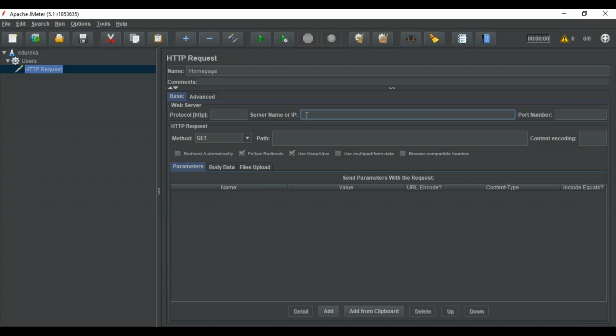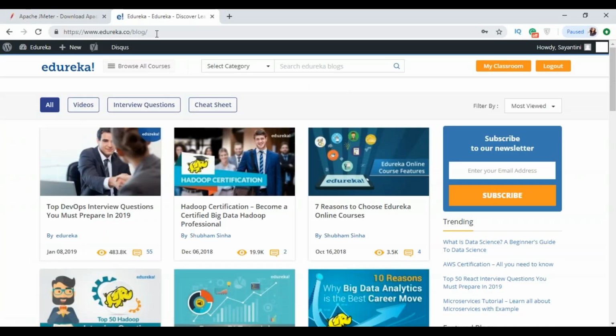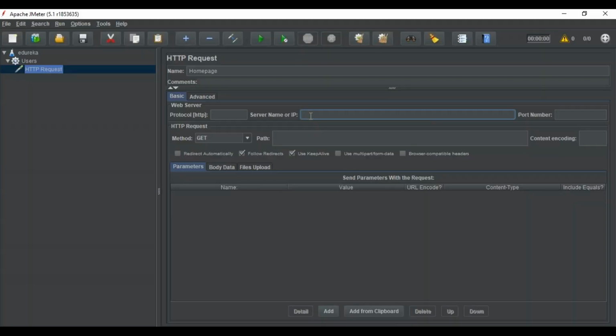So here we are giving the server of the website that we are going to perform the testing on. So let me take the Edureka blog website. So this is our Edureka blog page on which I'm going to perform the testing. So let me copy the URL here. So in the server name or IP, I'm going to paste the URL. But you have to remember here we are not going to use the HTTPS : and the /. So we would just be using the